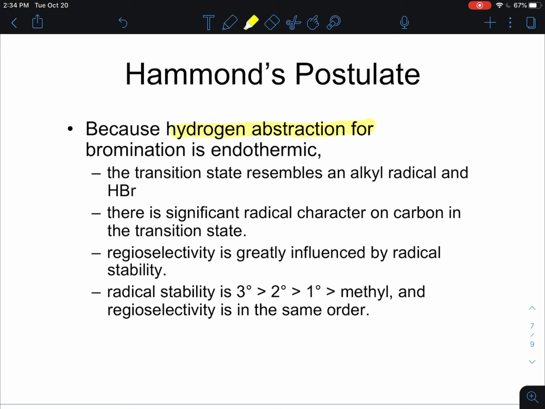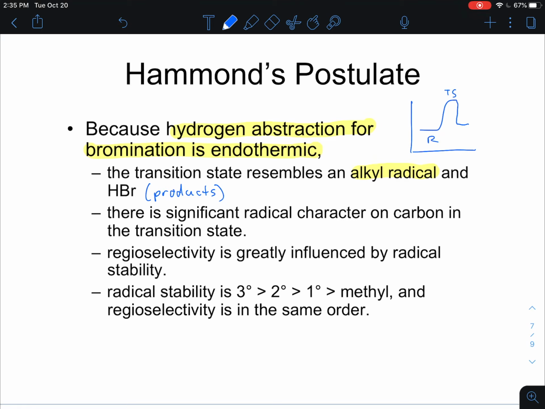It says because hydrogen abstraction for bromination is endothermic, the transition state resembles the product for that step, and the products for that step include the radical. And so since it looks more like the product than the reactant, since it's endothermic, then the process is going to be influenced to a greater extent by the radical stability trend. So now we're saying